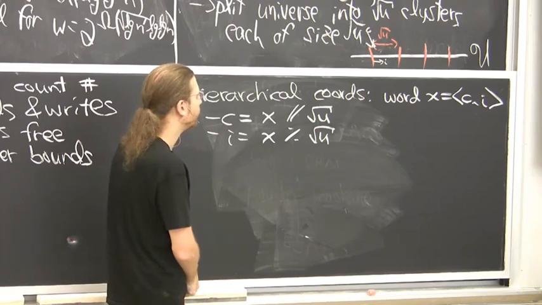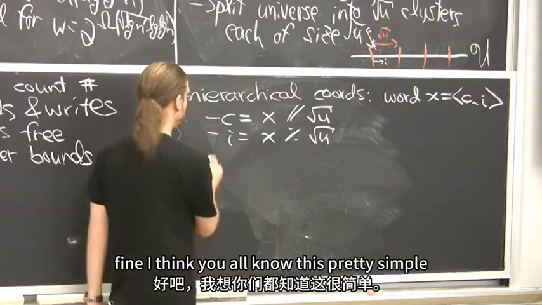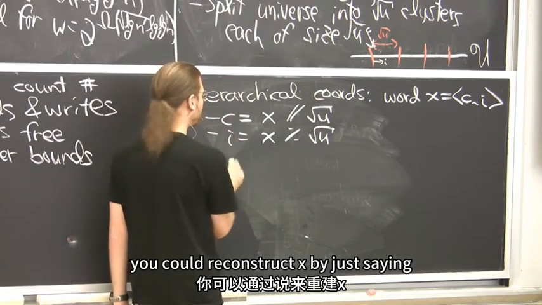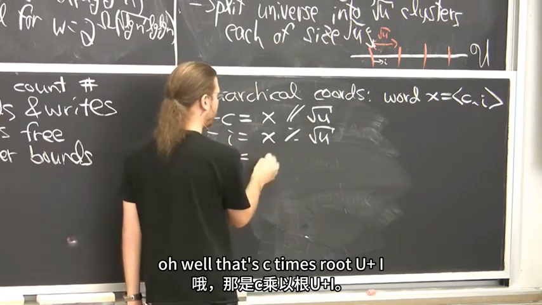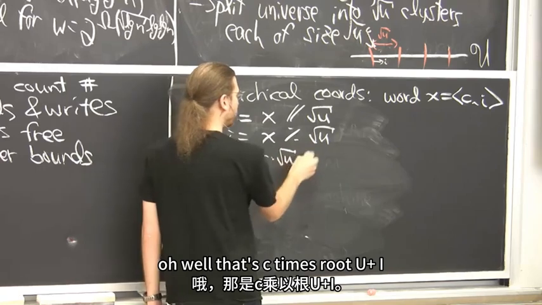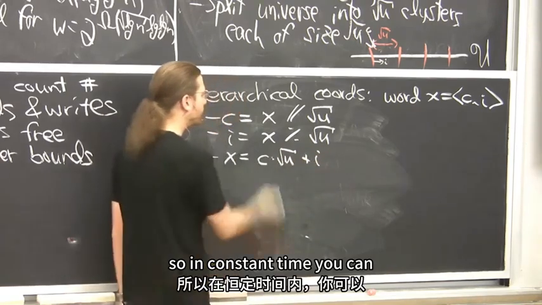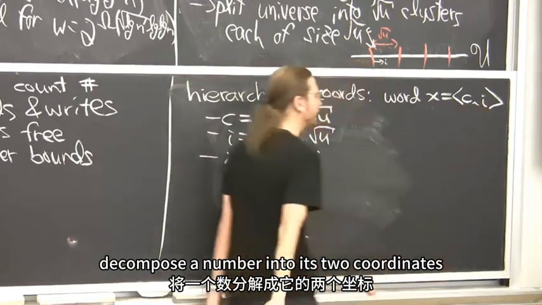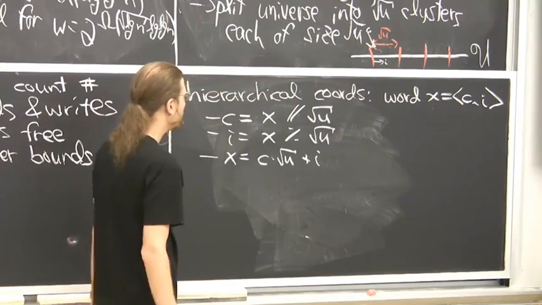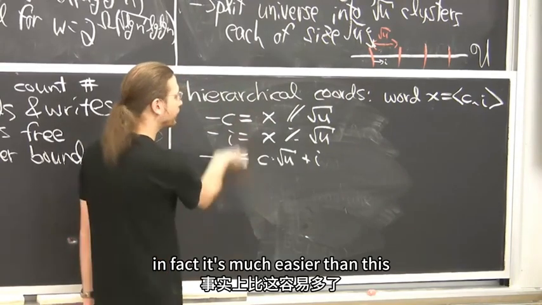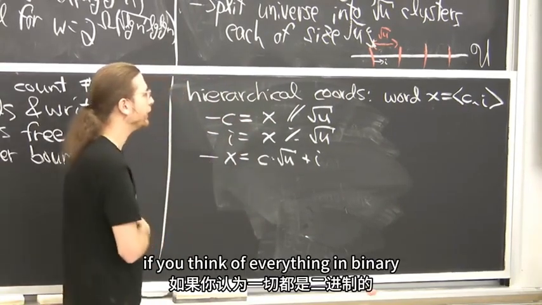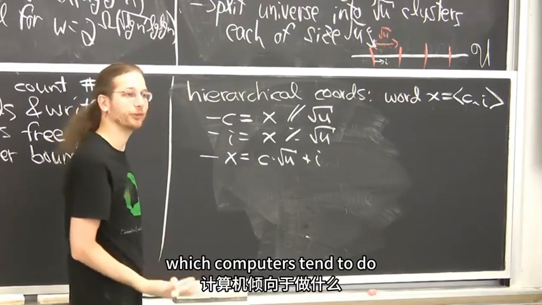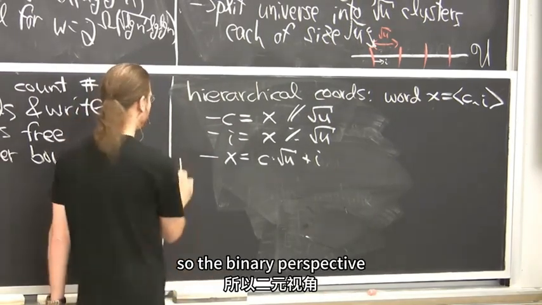So fine, I think you all know this. Pretty simple. And if I gave you c and i, you could reconstruct x by just saying, oh, well, that's c times root u plus i. So in constant time, you can decompose a number into its two coordinates. That's the point. In fact, it's much easier than this. You don't even have to do division if you think of everything in binary, which computers tend to do. So the binary perspective